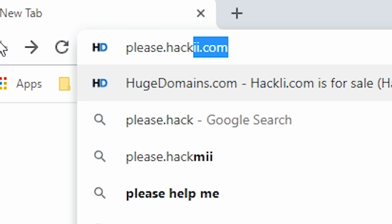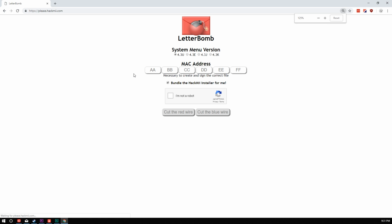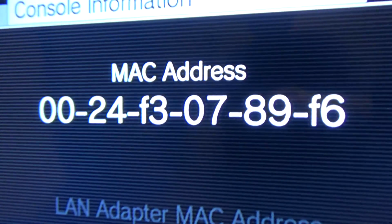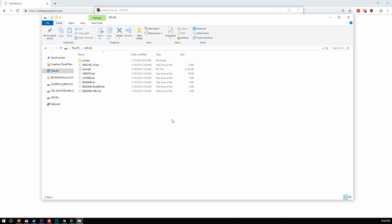Next, visit please.hackme.com in order to download a specialized version of Letterbomb specifically for your console. What this website is going to have you do is pull up your MAC address on the console, write it down, punch it in the website, and click cut the red wire. This is going to build a specific zip for your Wii because you're going to have to connect to the internet eventually. So you're going to open up that RAR file and extract all the contents into the root directory